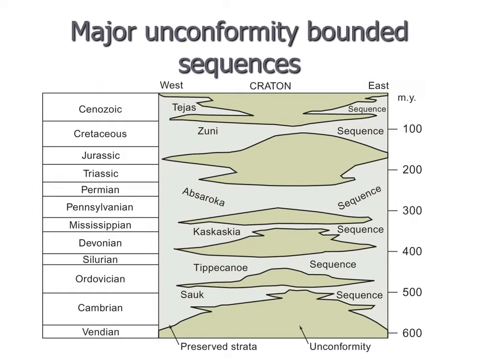Now, we know that over time, sea levels have gone up and down around the planet. When they go up, you have a better chance of depositing sediment, and when they're down, you erode sediment. So what we have here are what we call our megasequences. In other words, these are time periods when we have significant transgressions and then regressions throughout the North American craton. So what you're looking at here is a diagram that shows the deposition of sediment across what is now North America over the last 600 million years. But it's just looking at major sequences.